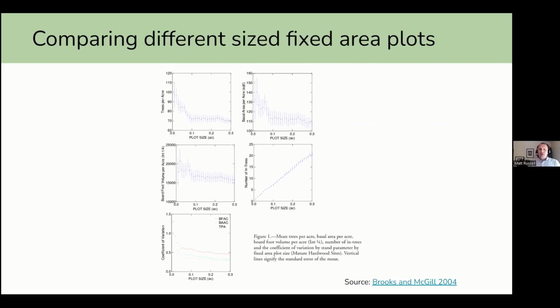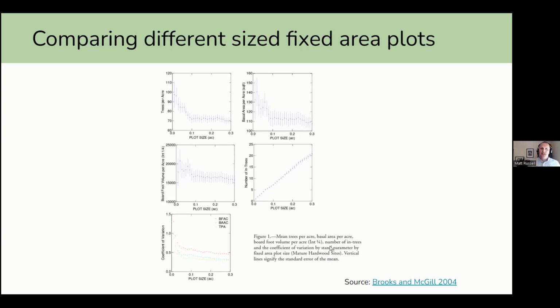You might be interested in saying, okay, well, these fixed area plots are nice, but how do they vary in practice? What size do I need to make my plots in order to have a good estimate? Because you can imagine, as you increase the size of your plot, you can increase it so much that you can basically measure the entire forest if you have a big enough plot. But you don't want to make it so small that you're not capturing a lot of the variability across the forest. And so this was a study that was done in the central